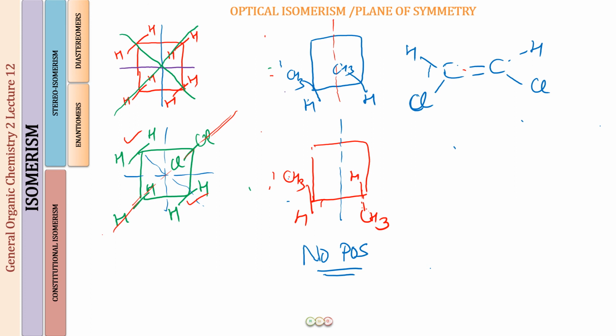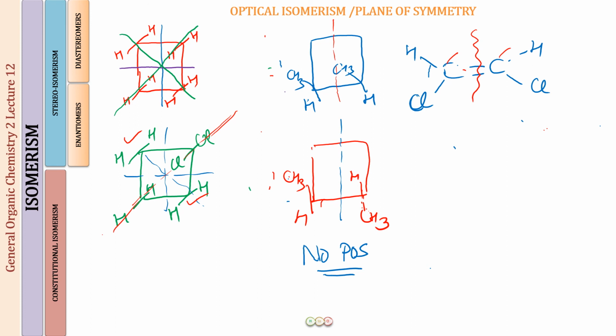So in this molecule, can you identify whether the plane of symmetry is there? Yes, you can divide it into two halves this way. Okay, so the two halves are going to be mirror images of each other, hence it has a plane of symmetry. Can you identify any more plane of symmetry in this molecule? Well, this carbon is sp2 hybridized, this carbon is also sp2 hybridized. The molecule is going to be a planar molecule, and when you have a planar molecule, you can just slice through the atoms into two halves.